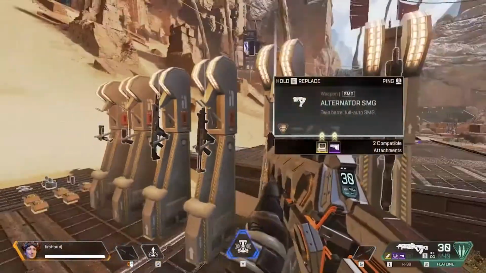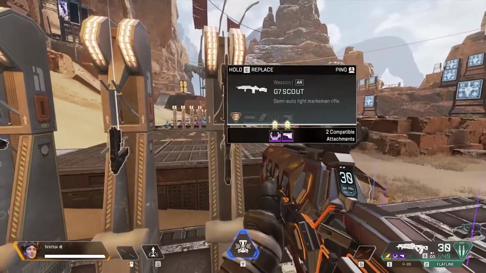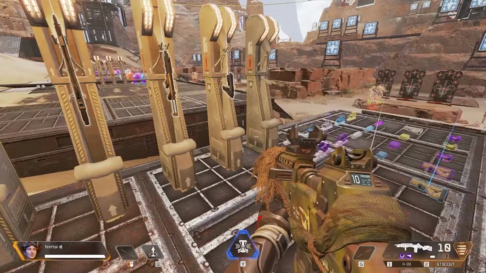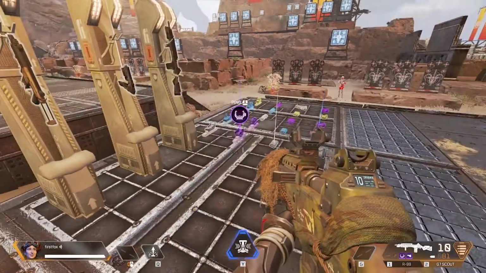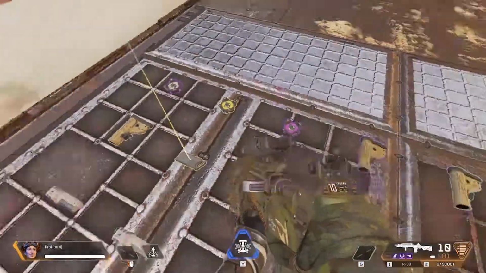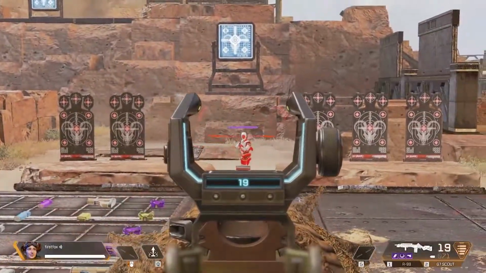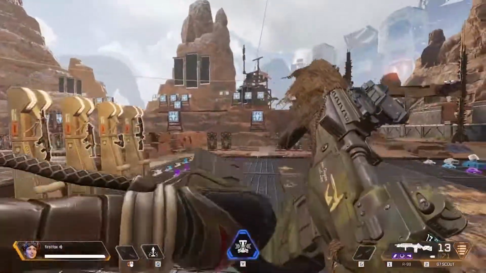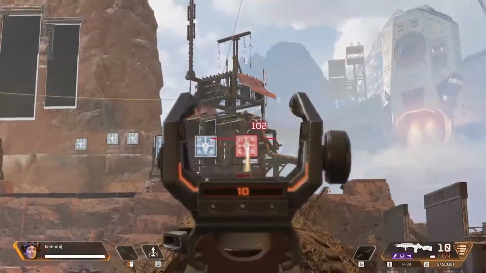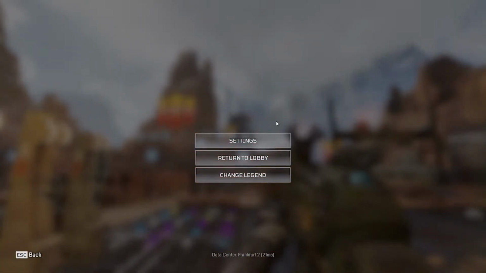There you got this that you're only gonna use at the start of the game, and a Scout, which is not that good anymore because they removed the double take on it. Still probably still decent, I guess. But yeah, that's about it with the guns. Hopefully you guys